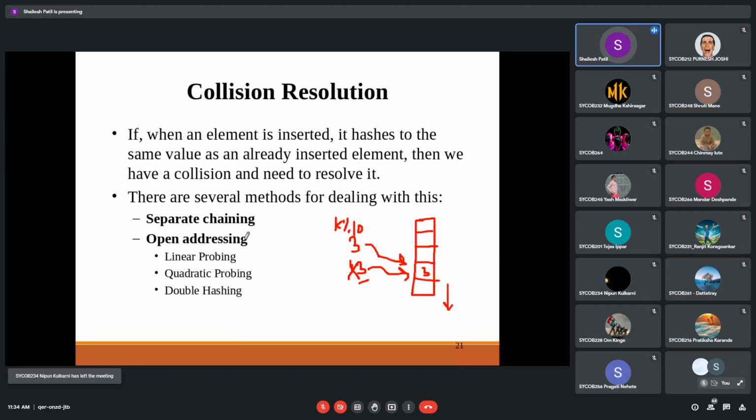To resolve that, we have seen there is one thing called separate chaining, and another thing, open addressing. In open addressing we have 3 methods: linear probing, quadratic probing, and double hashing. These 3 techniques we go through to resolve the collision. So, got the term? What do we mean by collision resolution? It is a strategy by which we resolve the collision, overcoming that particular collision point. Any doubt in this? No, sir. Okay, just a minute.